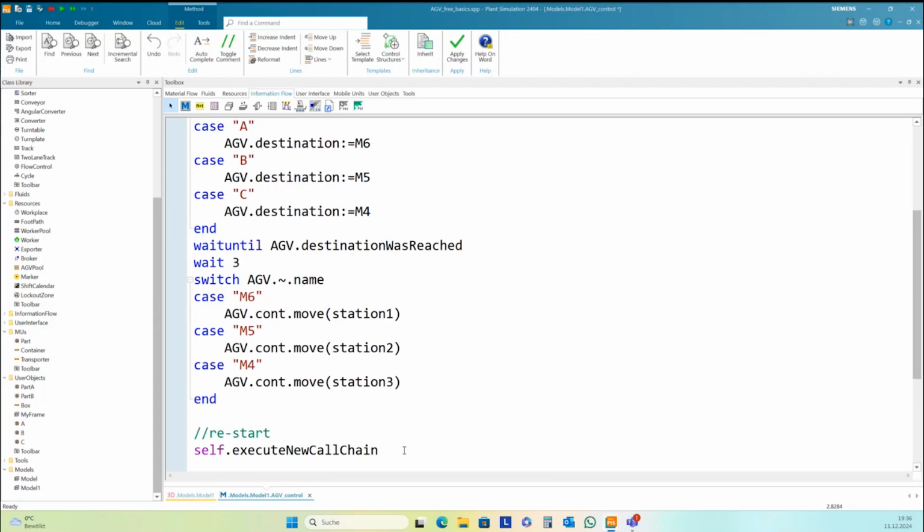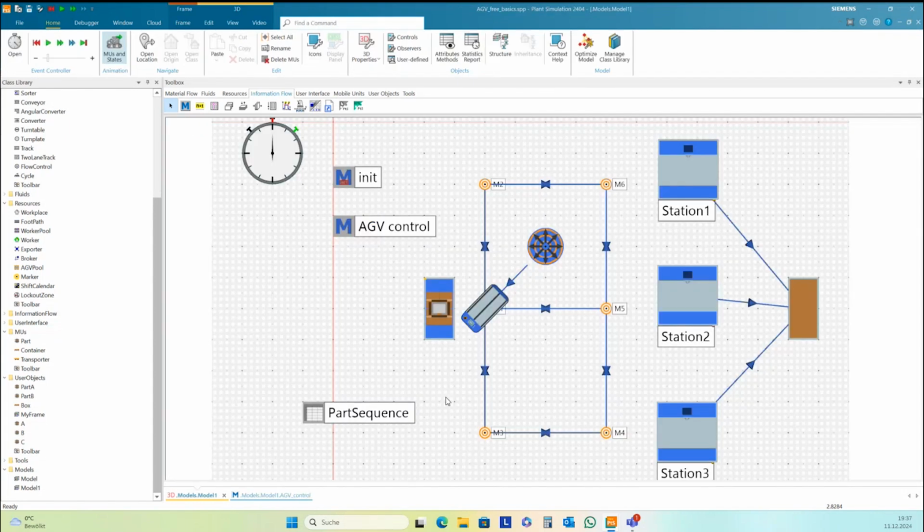With execute new call chain, I restart this method, and this method will be finished after this. Okay, let's check it out.